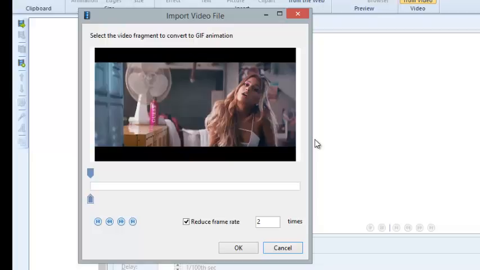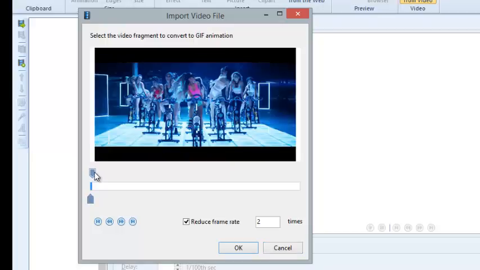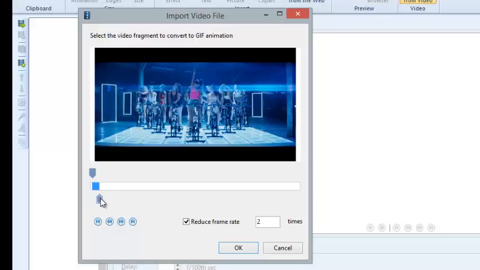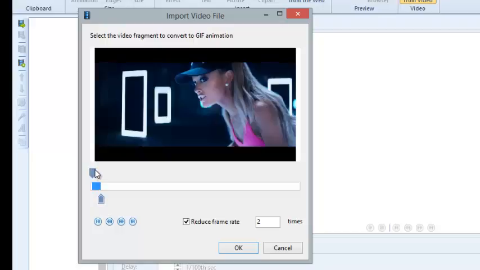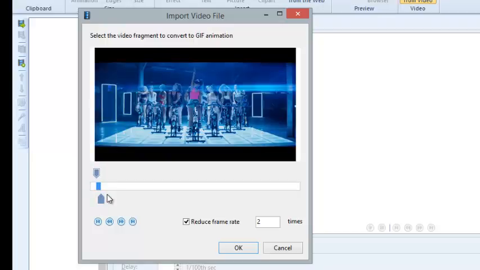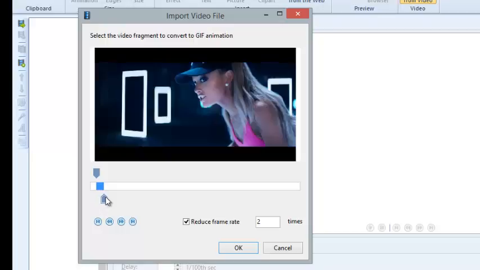As you can see, there must be selected the video fragment to convert to GIF animation. So in this section, you can select which fragment you want to make into a GIF. For example, I want it here. Here. So for example,